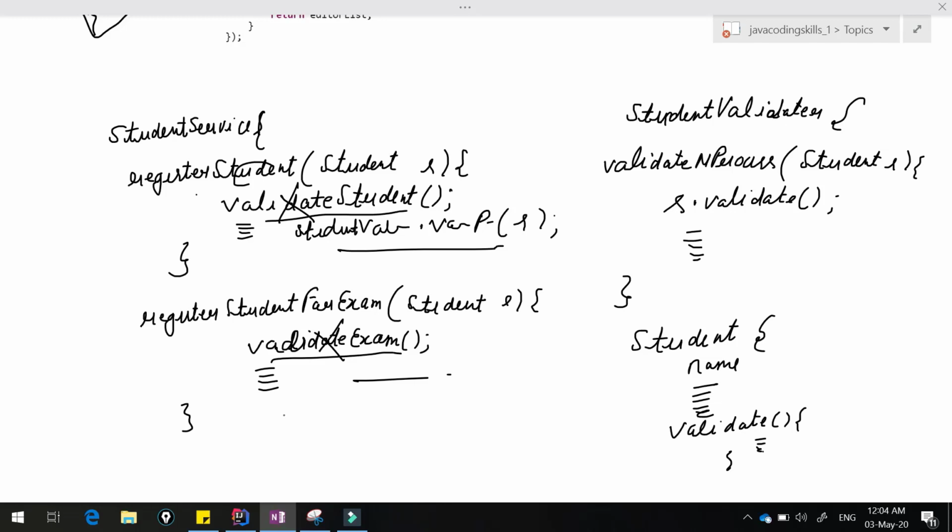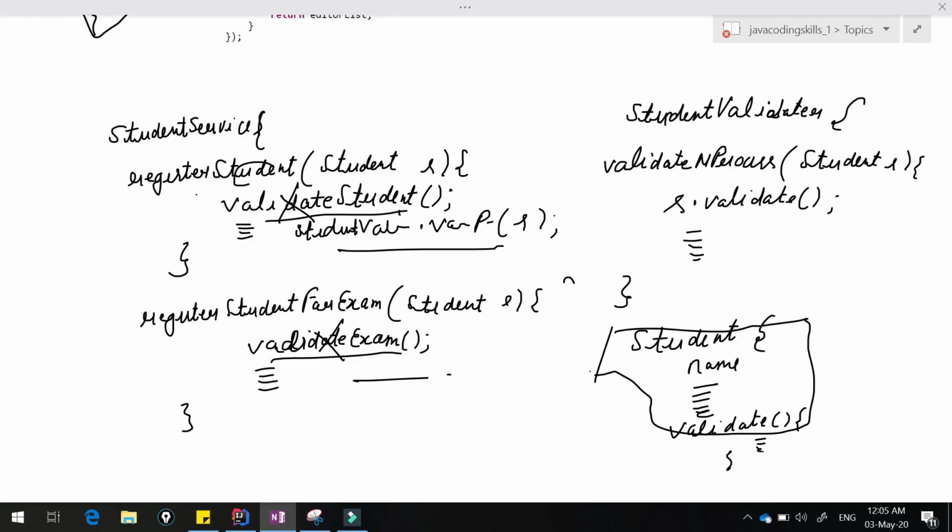But the problem is there. The biggest problem is, suppose this student class is not a part of your project, meaning you don't have any control over this student class, so you can't modify it here, right? So what else can we do now? If we can't change this, we have to continue with the previous approach, which is also not good. So we have to think about that, right?